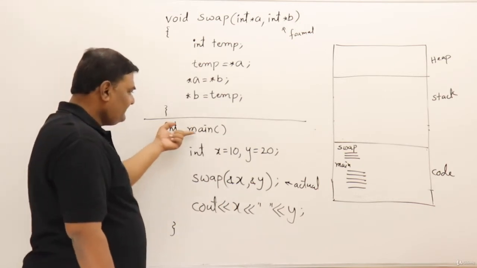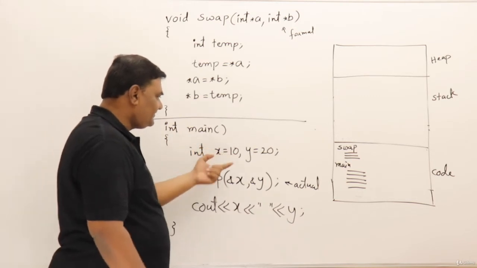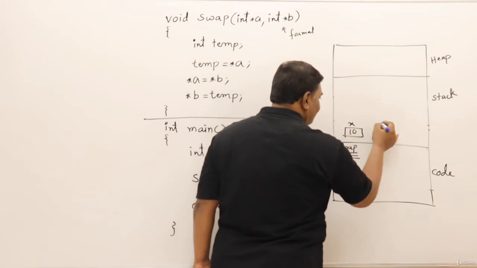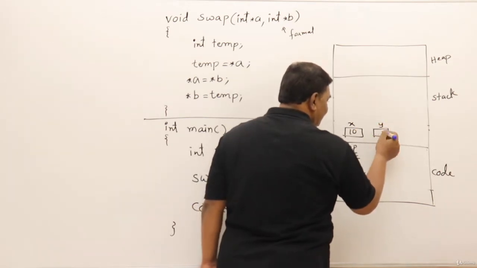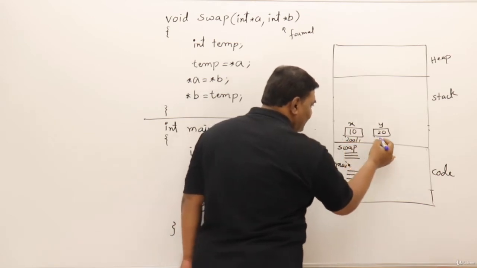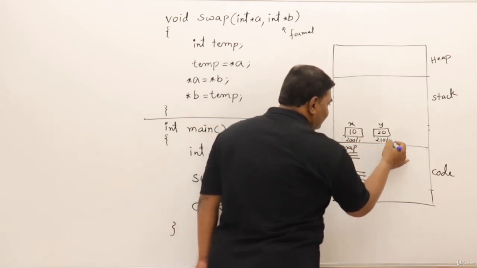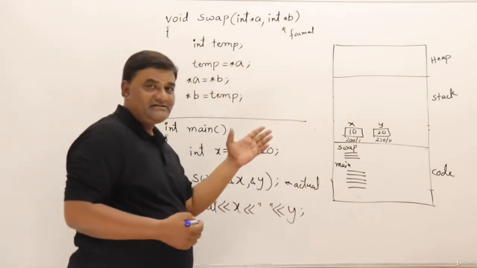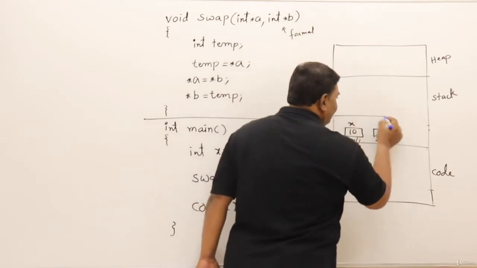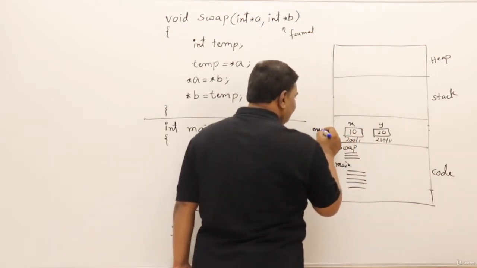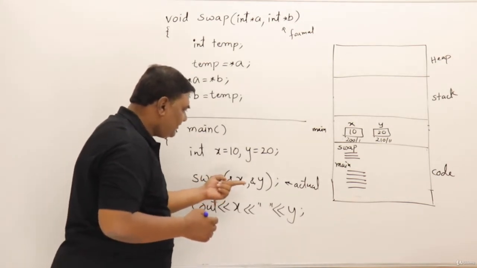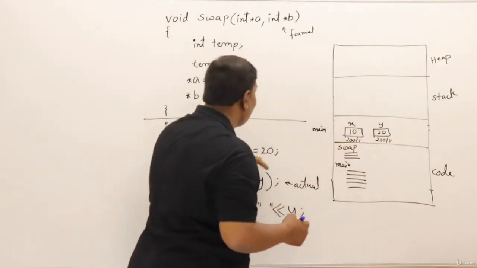Let us start main function entry point. So first the variables x and y are created. So x is created in the memory and y is also created in the memory inside the stack. So let us say the address of this is 200 and 201 and this is 210 and 211. Just randomly I am giving the addresses, though they are side by side in the memory. Now this is the activation record of main function. This is for main. Now next is swap function is called. Addresses of x and y, that is 200 and 210, are sent here.